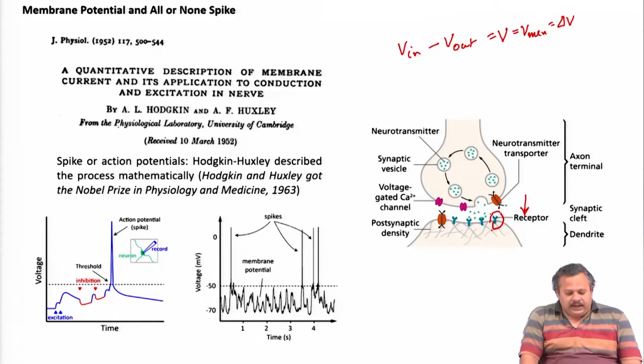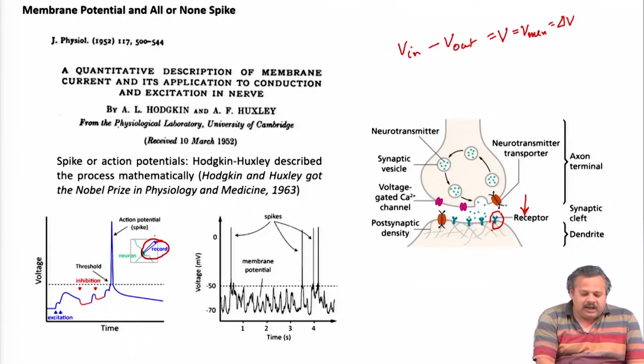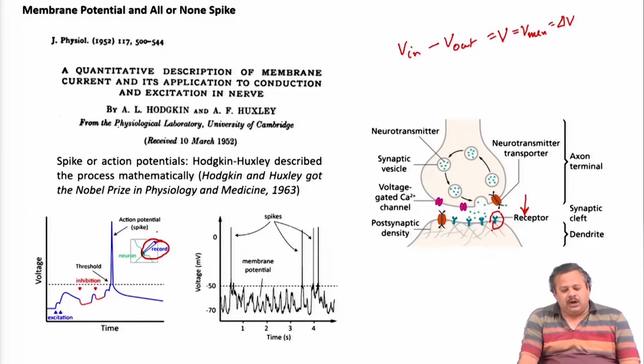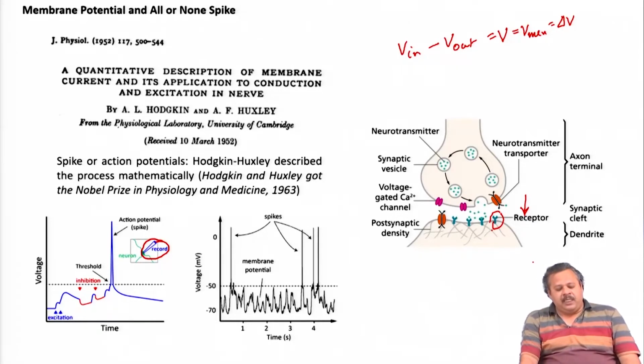So, we have understood the different ways in which we can record activity from neurons, and it is ultimately this membrane potential that we are recording that becomes the most important. So, let us delve into how this membrane potential is actually created in the neuron, and how it changes with